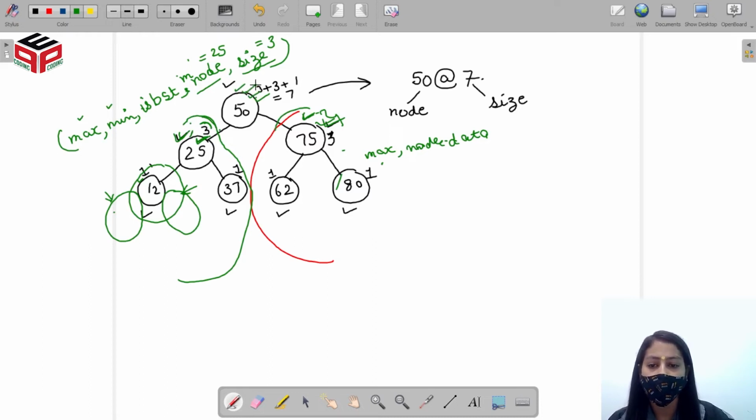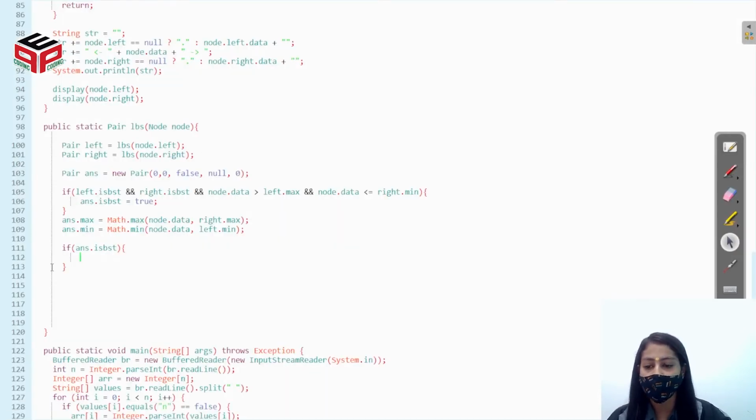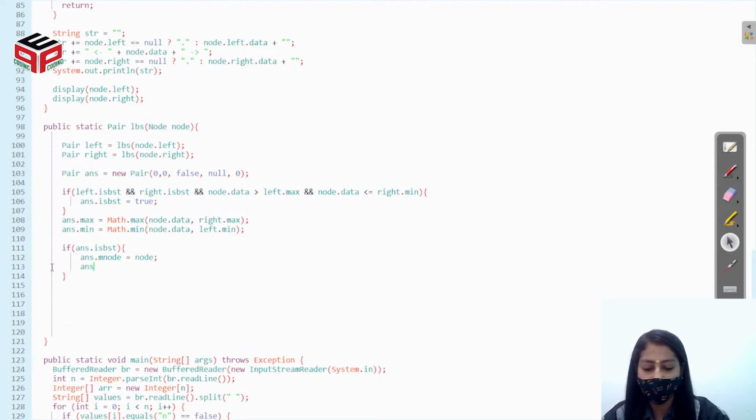So if this node is a BST, then it will be maximum because the size of this is greater than the size of the right and the size of the left. So if this is a BST, we'll set the maximum node as node. The node itself is representing the largest subtree, is equal to node,